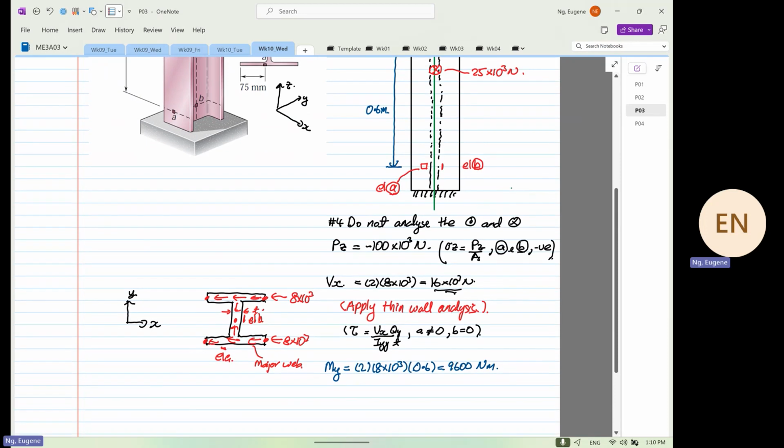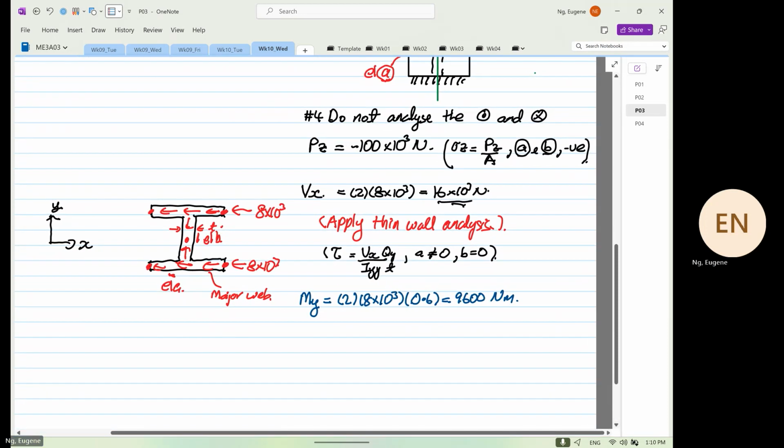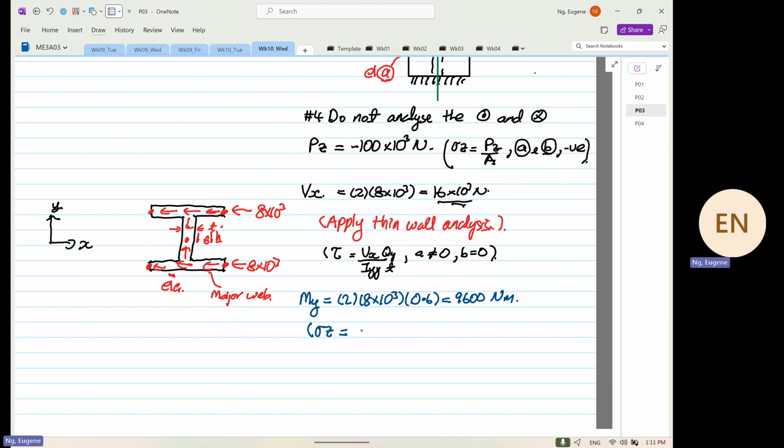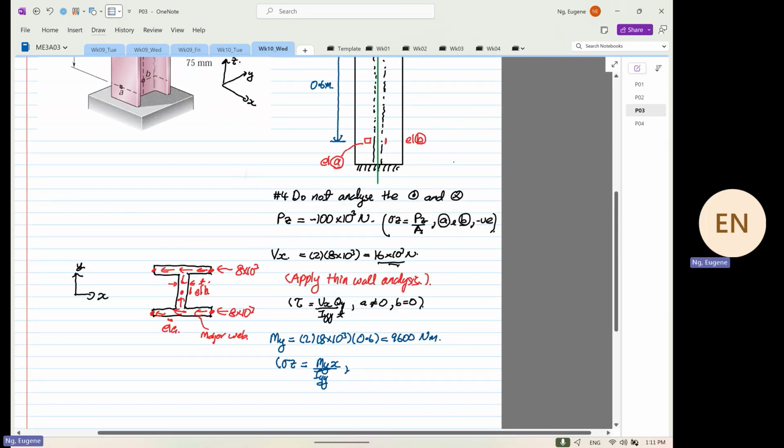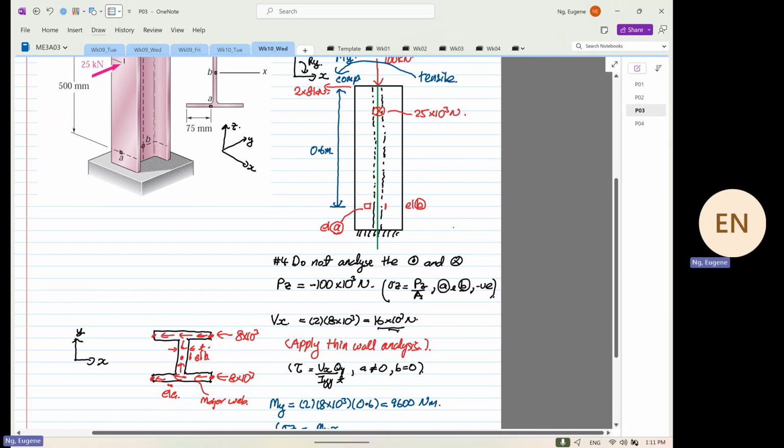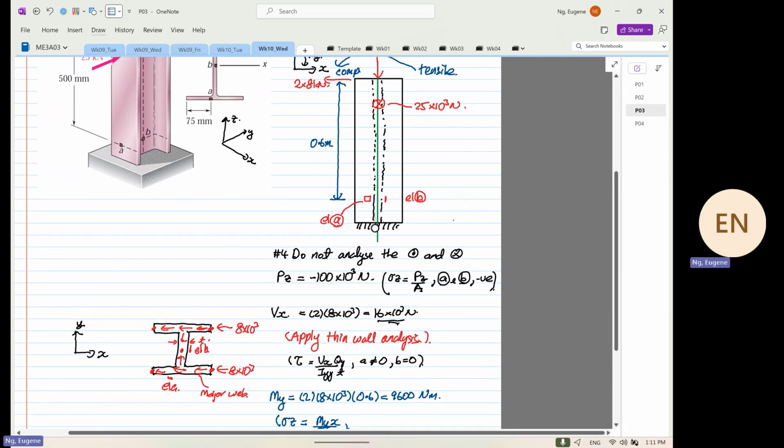So now with this, we know that stress in Z, we are going to apply the formula M over Iyy multiplied by x. I told you, whether x or y, all of a sudden it changes, and you have to visualize. So from here, looking at the moment,